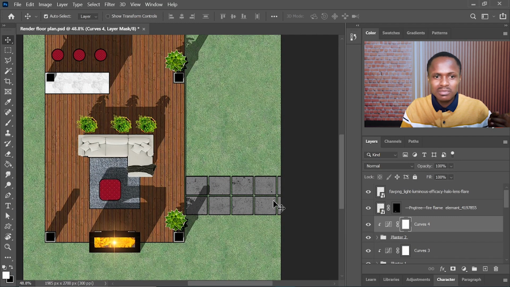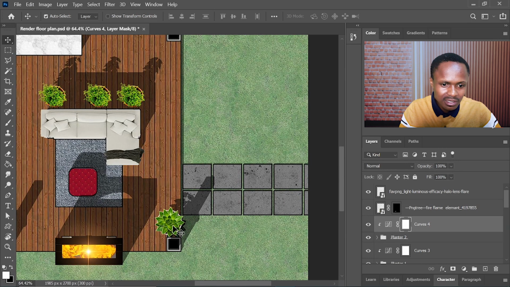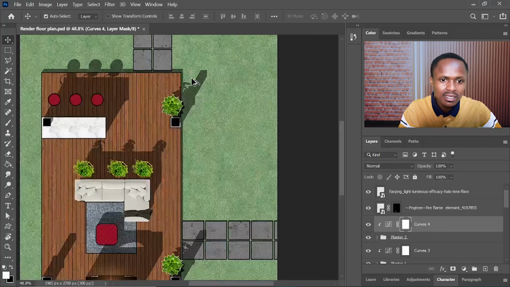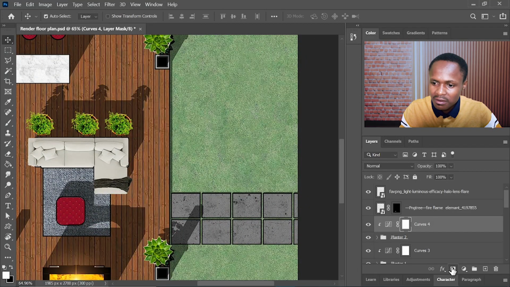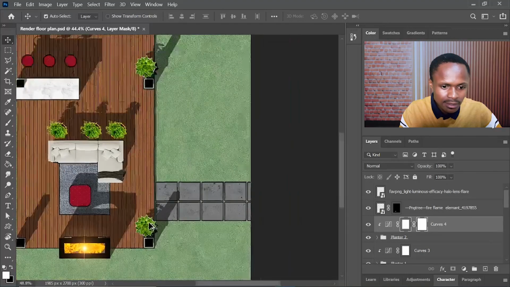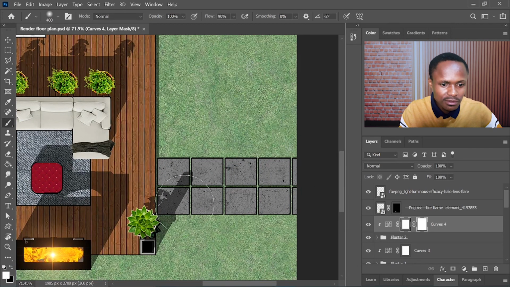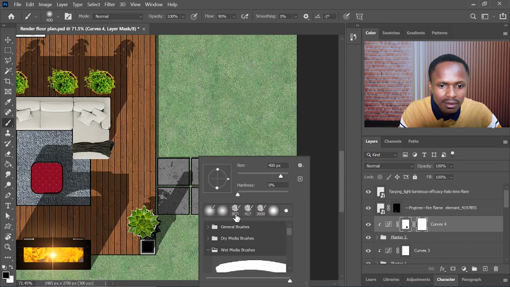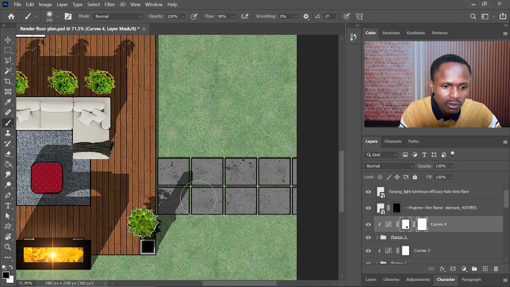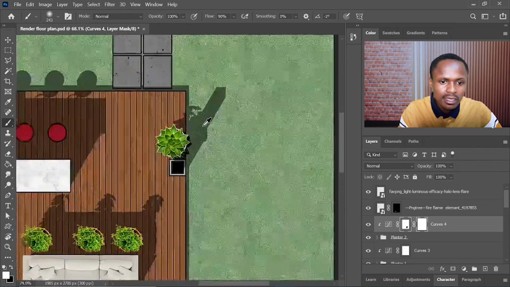And to make it even more believable, you can see that some of this is supposed to be in shadow because of the shadow of this, and so is here. So with these curves, we can add a mask to it and press B for the brush and make sure that we have it set to black. So hit X to change that, and let's see if we paint black around this area, set the brush to a bit smoother and smaller, X to keep this one there, and then